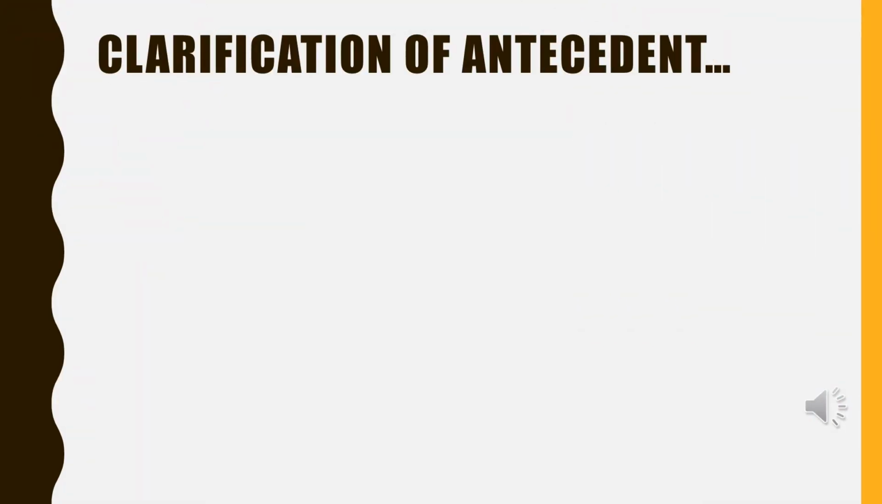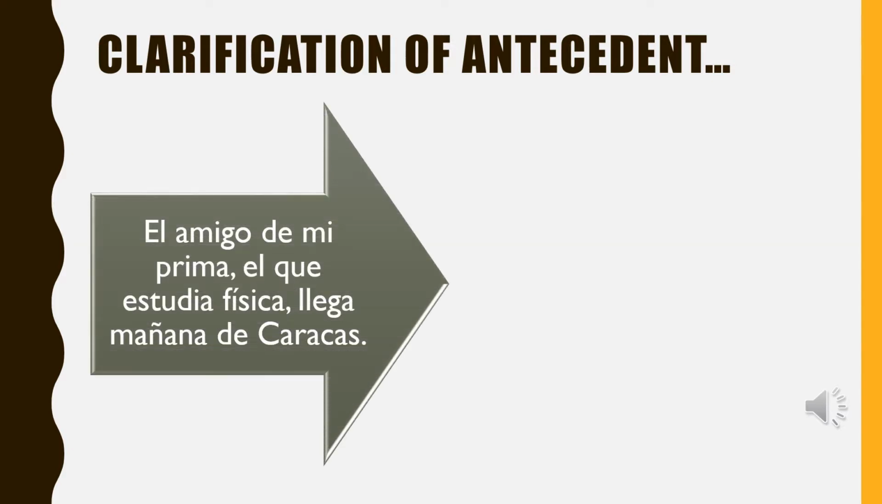Now we can also use these to clarify what the antecedent actually is. So if we look at the examples here, we have "el amigo de mi prima, el que estudia física, llega mañana de Caracas." So in the first example, the "el que" lets us know that it's the amigo who is studying physics. So you're clarifying in that case which of her friends it is, and that he's the antecedent and not